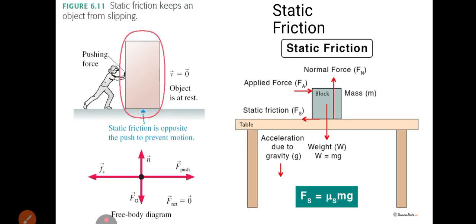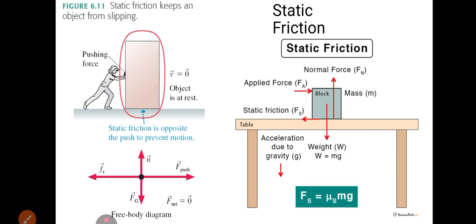As you can see there, a person is pushing an object, and that object is not moving. This is where we say the velocity is equal to 0. The object is not moving. The object is at rest. If you look at the free body diagram here, where we have a block on the table, you see that a force has been applied to the right, and the block itself is applying another force which we call the normal force. It is applying it to the table, and again